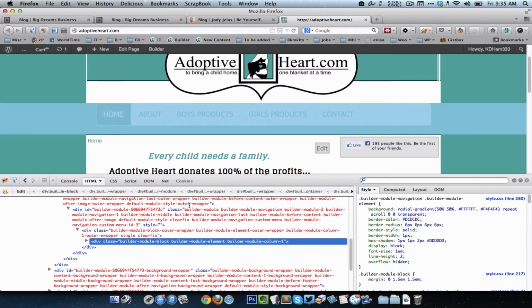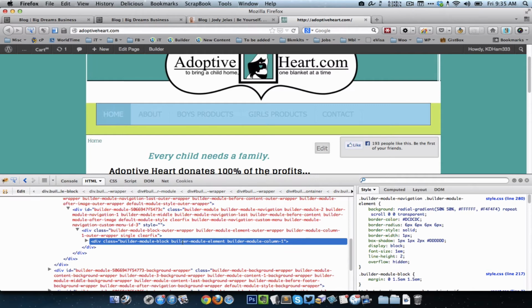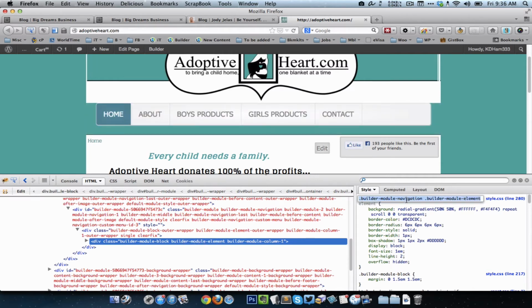If you observe this particular div, it has so many classes, and one of them is this builder module navigation. Inside that is the div having the class of builder module element. So you can just simply copy that selector,